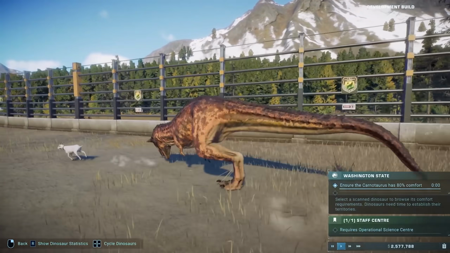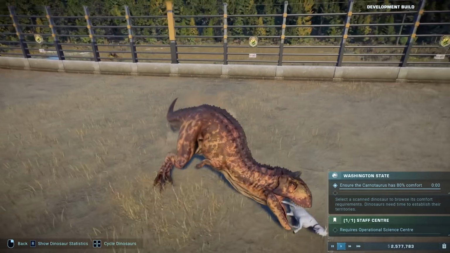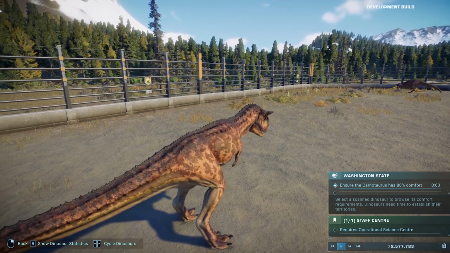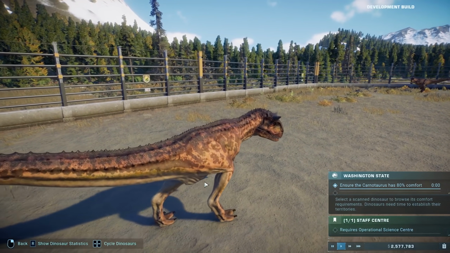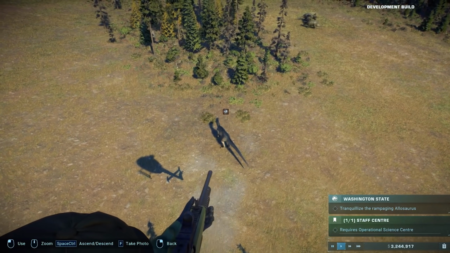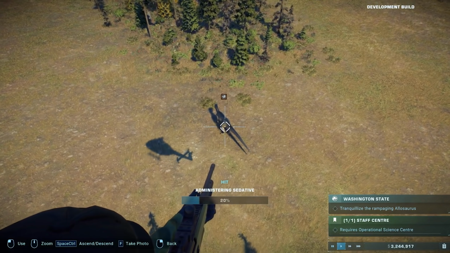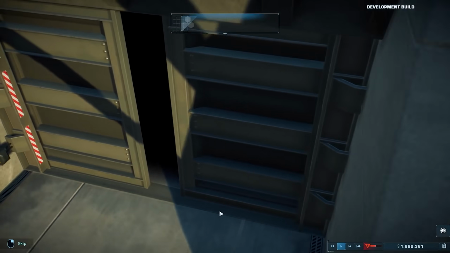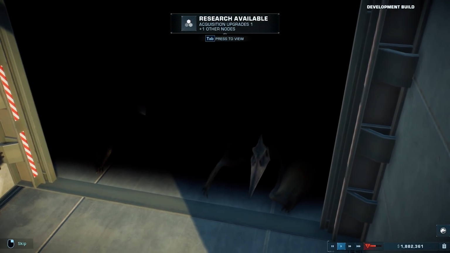Hey everybody, it's PartyElite, and today we're taking a look at the upcoming Jurassic World Evolution 2, the sequel to the Dino Park Management game from 2018 based on the Jurassic World series, which in turn of course is spawned off the Jurassic Park series, which in turn is spawned off the excellent book. What a legacy. Thanks to the folks at Frontier, I had the opportunity to sit down with the game for